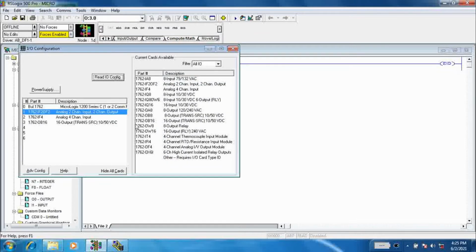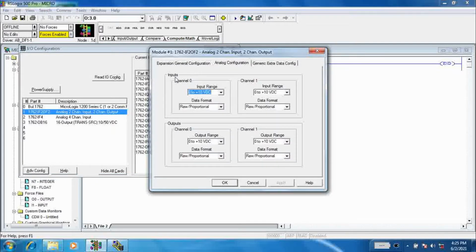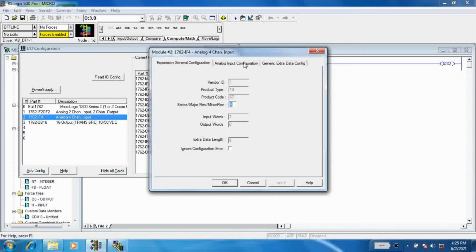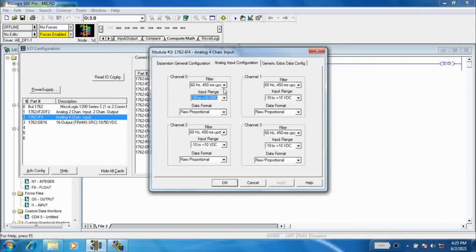I am using 3 modules, and click on the advanced configuration to select the channel configuration of inputs and outputs. Here I am using channel 2 as analog input current 4 to 20 milliampere.